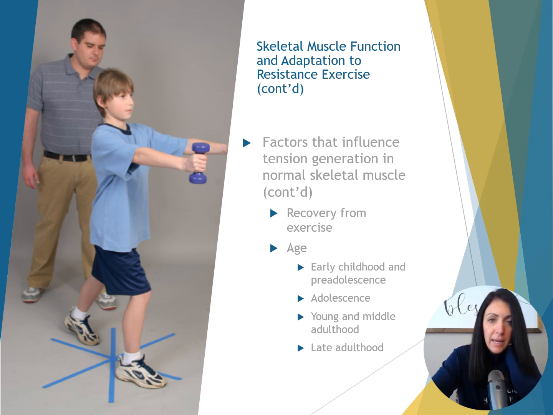Now, depending on age, in early childhood and pre-adolescence, there is a linear increase in muscle fiber numbers. So muscle fiber types are more balanced by age 1. Boys are 10% stronger than girls from early childhood to puberty. Training-induced strength gain before puberty results in neuromuscular adaptation. You're not actually going to see a difference in the muscle fiber mass. Resistance training can cause injury due to an impaired musculoskeletal system, so they can have an epiphyseal avulsion fracture.